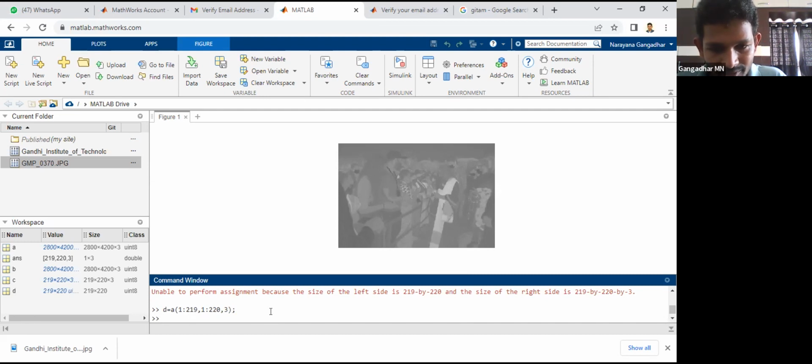I will be able to perform the assignment because the size of the left side is 290 by 220 and the size of the right side is,